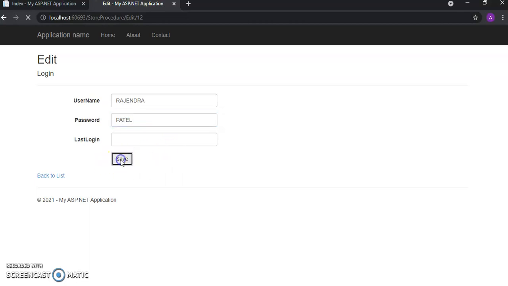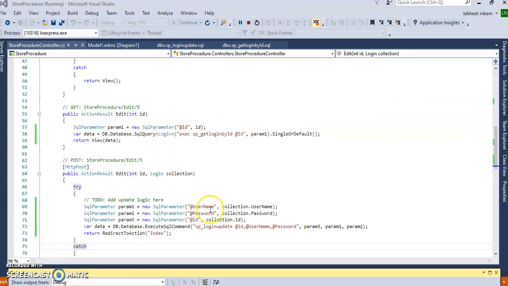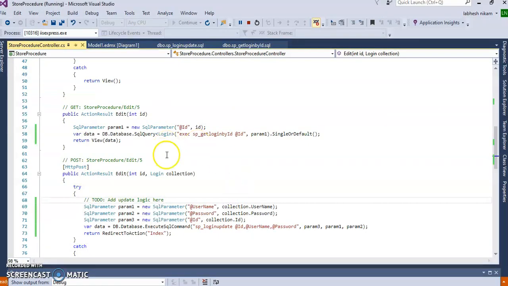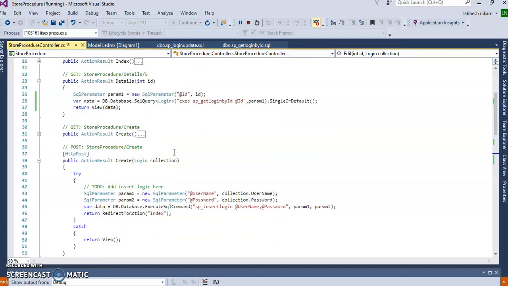So when I save, it will execute the stored procedure of update and save the data, right? So like this you can do the update and fetching of the row. This is the code for fetching the row, and this is for updating the data. For details it is the same as fetching the row.